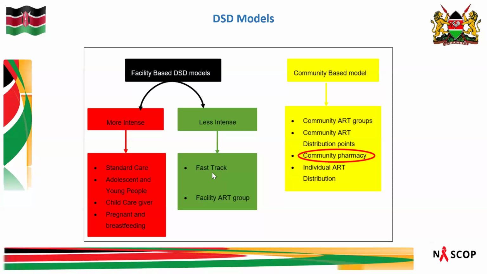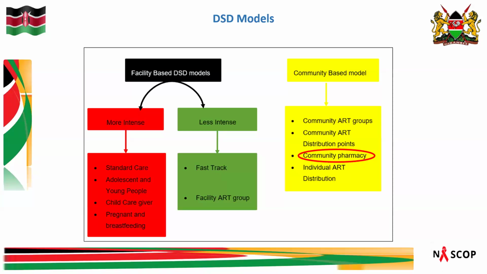Once they visit, they go to the clinician, get a 6 months prescription, which is refilled after every 3 months. So the first time they are in the facility, they are provided with the 3 months dose. Then after they finish, they will not come back to the clinic, and they just go straight to the pharmacy. Then we have the community-based model, whereby we have the CAGs, the community ART groups, and then we have